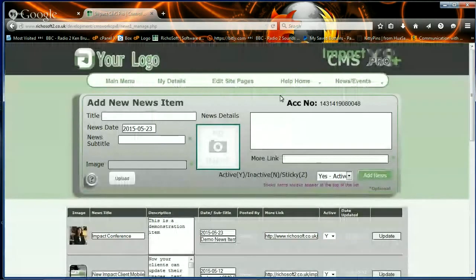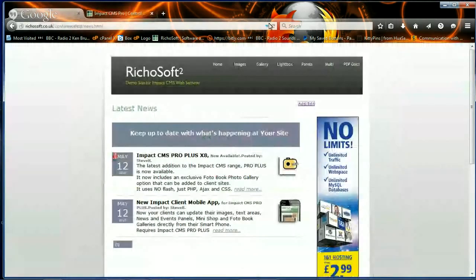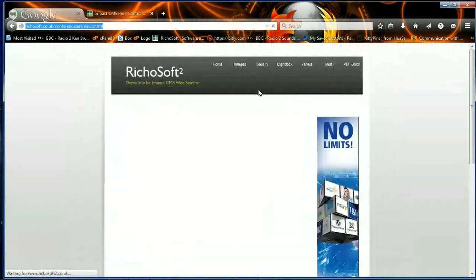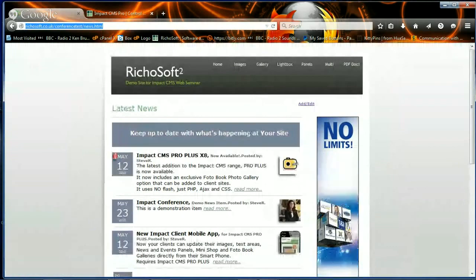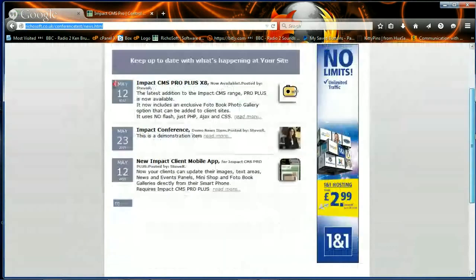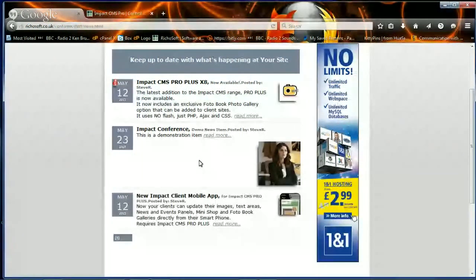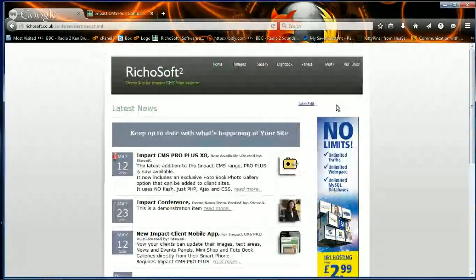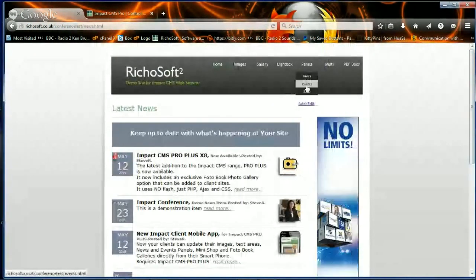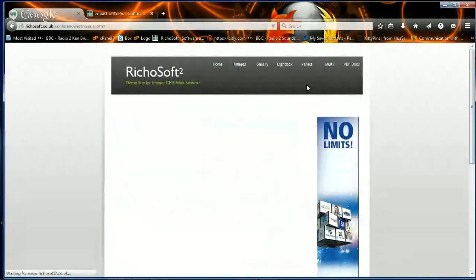So now it's been added. So if we go back to the site, refresh the page, and there we have our new news item. That's pretty straightforward. So then we go to the events panel, and that works exactly the same way,